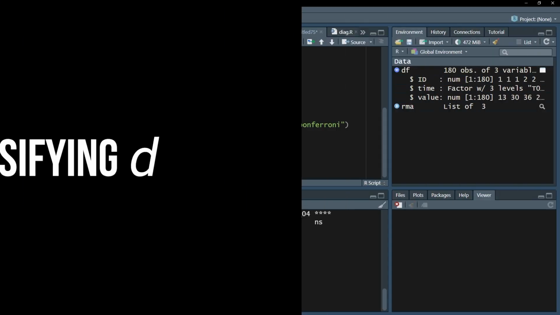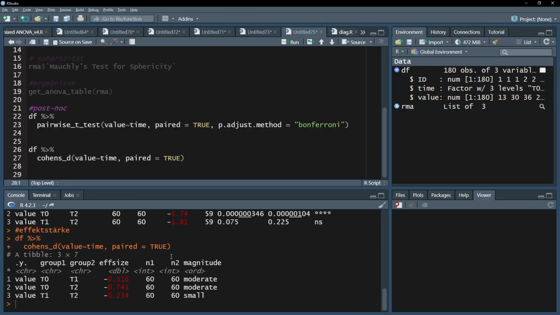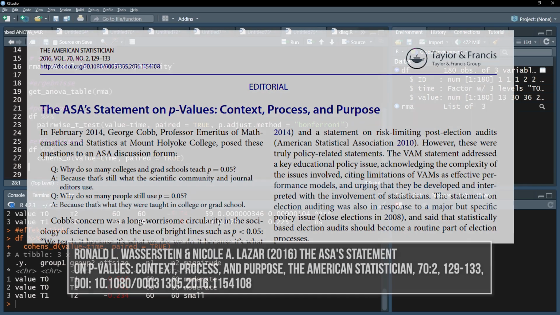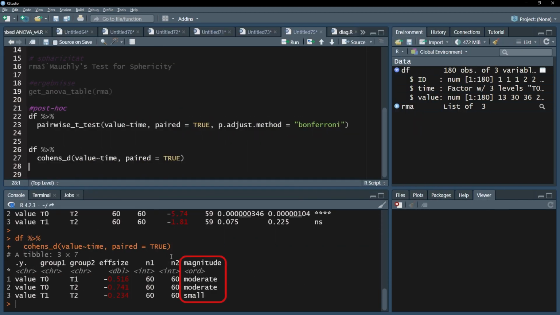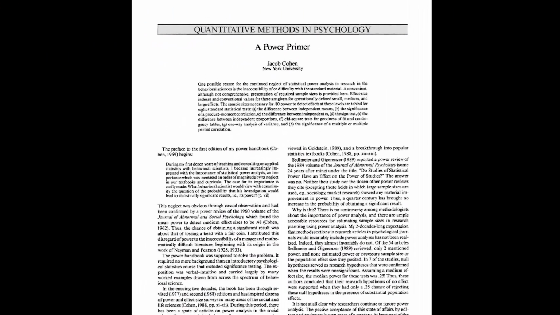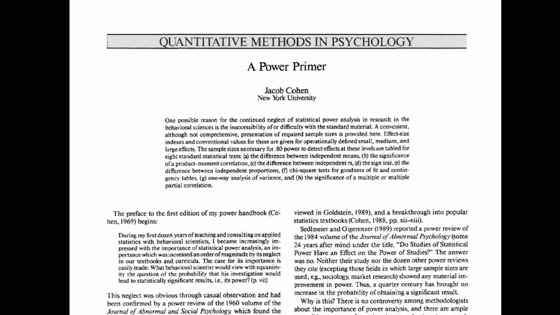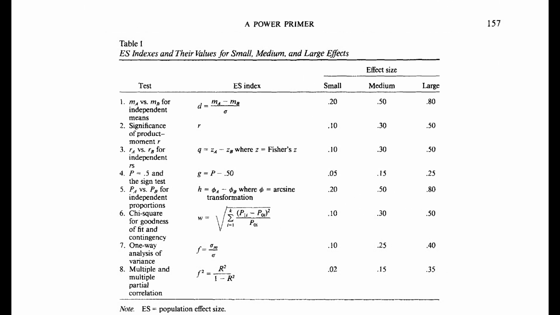Finally, you have to classify the magnitude of the effects for which you consider the p-value being small enough. I already mentioned that dichotomizing the decision against the null hypothesis by strictly looking at the p-value should be avoided. The magnitudes provided here are from Cohen 92, A Power Primer, page 157. If the effect size exceeds 0.2, it is a small effect. If it exceeds 0.5, it is a medium effect. And if it exceeds 0.8, it can be classified as a large effect.